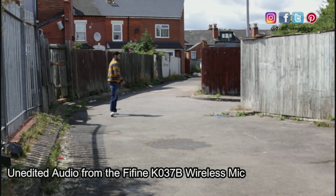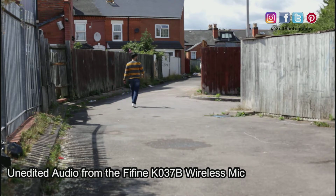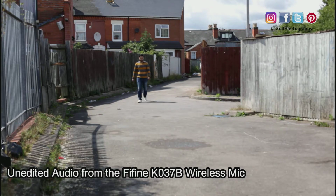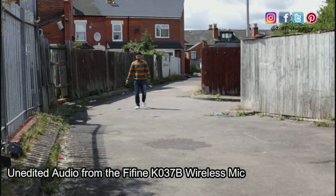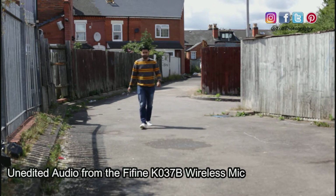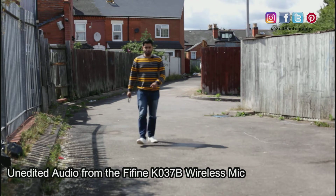So what I'll do is I'll carry on walking. I'm on the 5D Mark II, and I've got a 50mm 1.4 lens on there, and that's what you're listening to now. So what I'll do is I'll walk past and see how that sounds. I've got some crosswind coming over from the fence here. There's a main road just maybe 100 yards that way and a main road that way, so you should hear